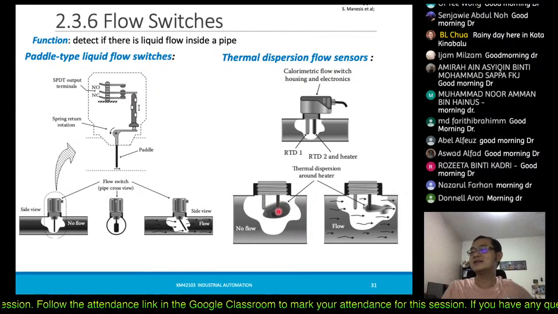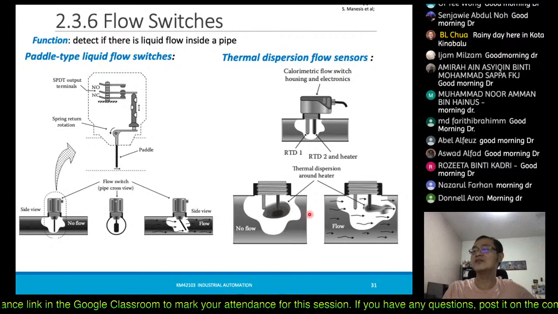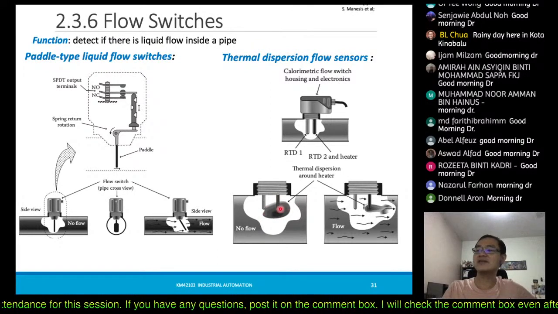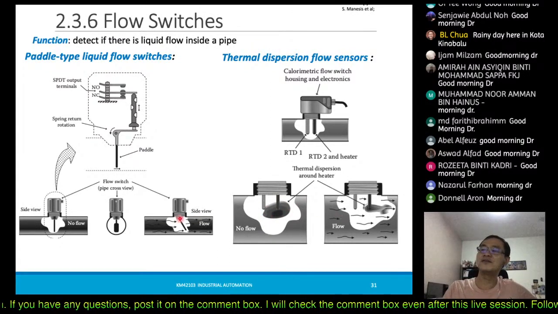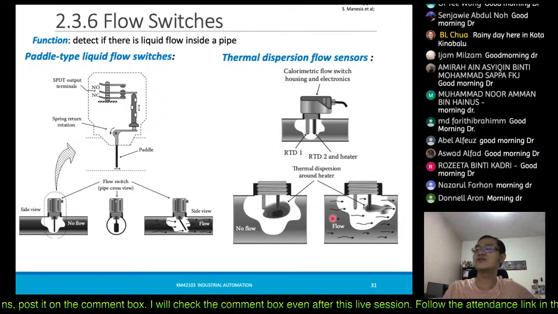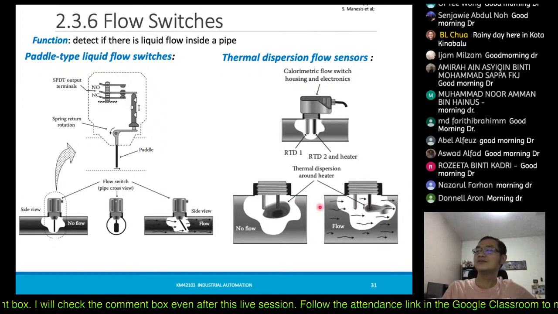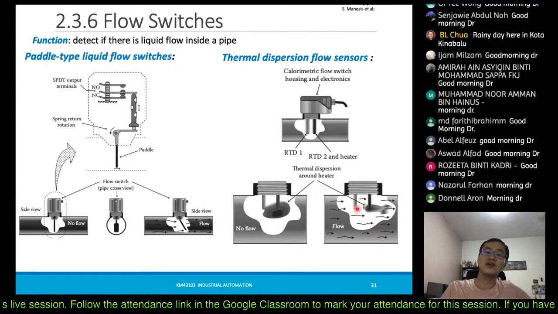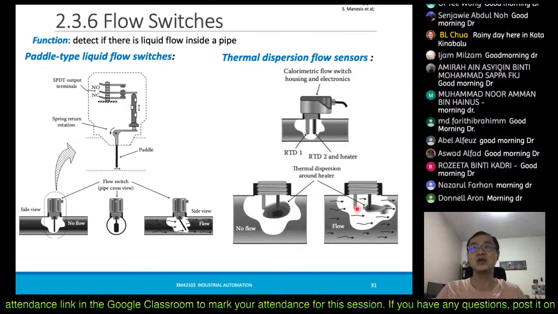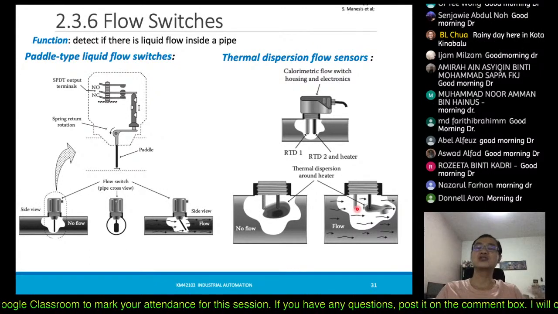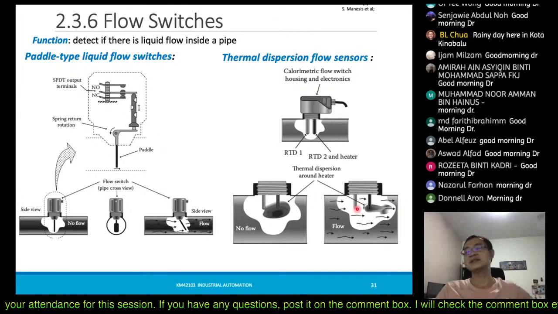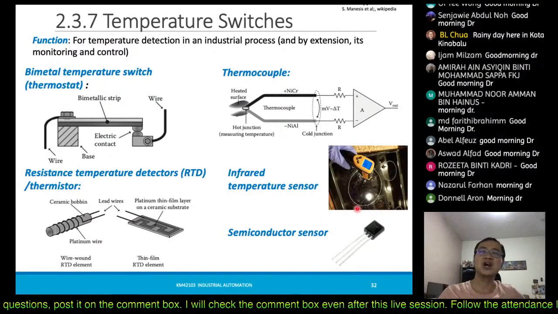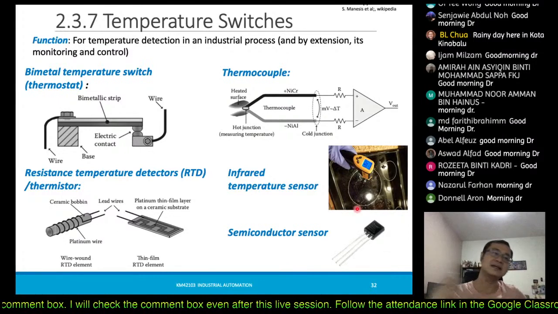So here, when the heating occurs, if the flow doesn't move, then the heat will accumulate in this area, right? But when the liquid is flowing, it will disperse the heat over the other area, and you will sense differently. Therefore, you will know whether the flow is actually moving or not, or how fast it is moving, right? So that operation depends on the concept of heat transfer within the